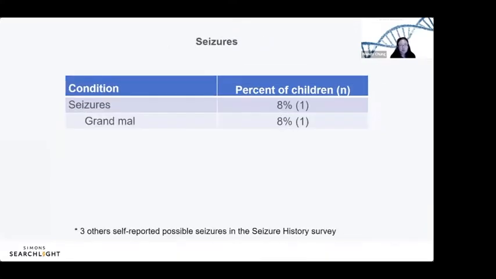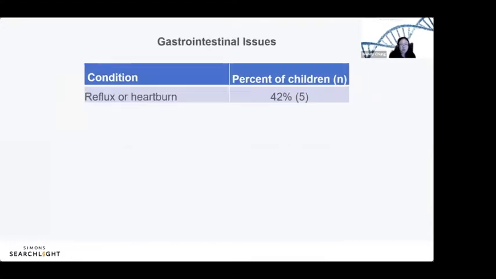Thankfully, only one person in the group that we looked at had a seizure disorder. In this particular case, the individual had what we call a grand mal seizure, or what we would think of as jerking, maybe movement of the arms and the legs or movement of the entire body. The good news, though, is that this is not very common. And so I think we still need to have some more individuals, especially as they're going through different life stages like puberty. But I do find this to be reassuring that seizures are not a common condition, at least.